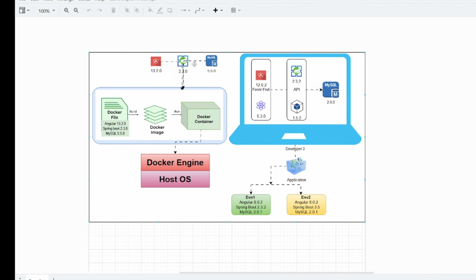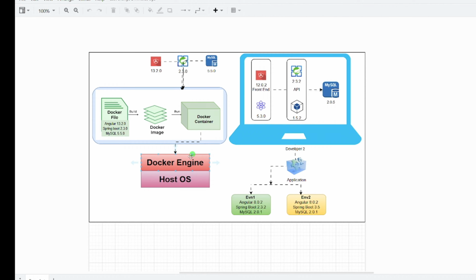Same similar version, it should download and start working with these. Your application will be running on the version mentioned in the Dockerfile. And another good benefit of containerization is you don't need to make sure, okay, I'm going to run a container on a different machine and I have to make sure all those versions are available there. No, you don't need to do this, because it's the container's responsibility when you run your image as a container, because